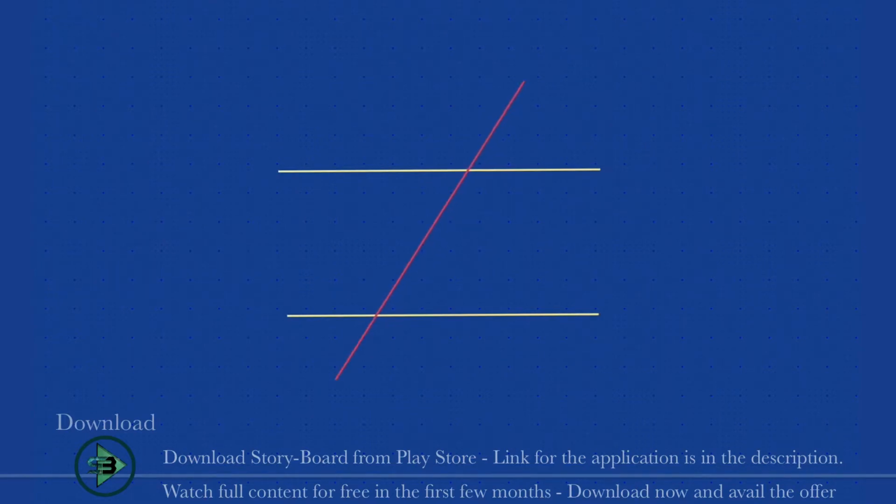So let's start with the first topic, which is on lines. I start by drawing two parallel lines, and then I draw a transverse line which is cutting these two parallel lines. Now I am drawing certain angles. I draw angle 1 and angle 2. Angle 1 will always be equal to angle 2 if I draw a transverse line between the two parallel